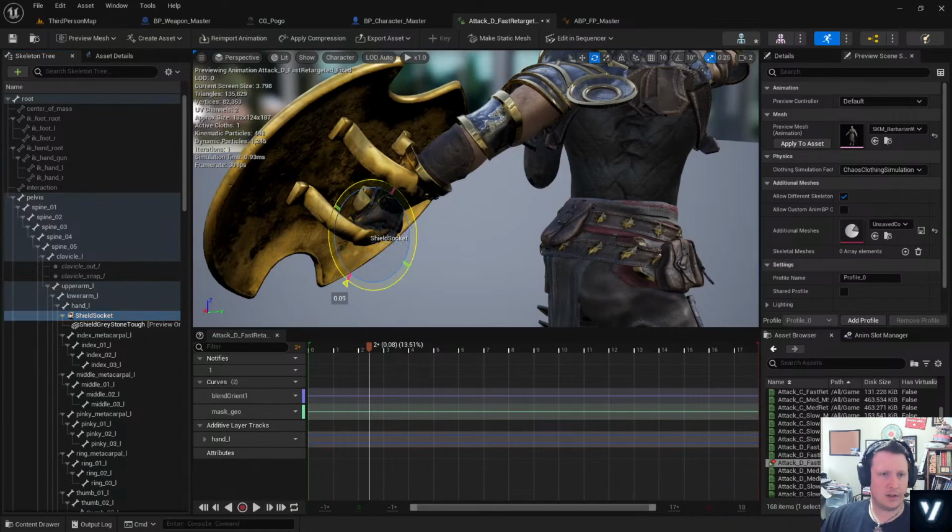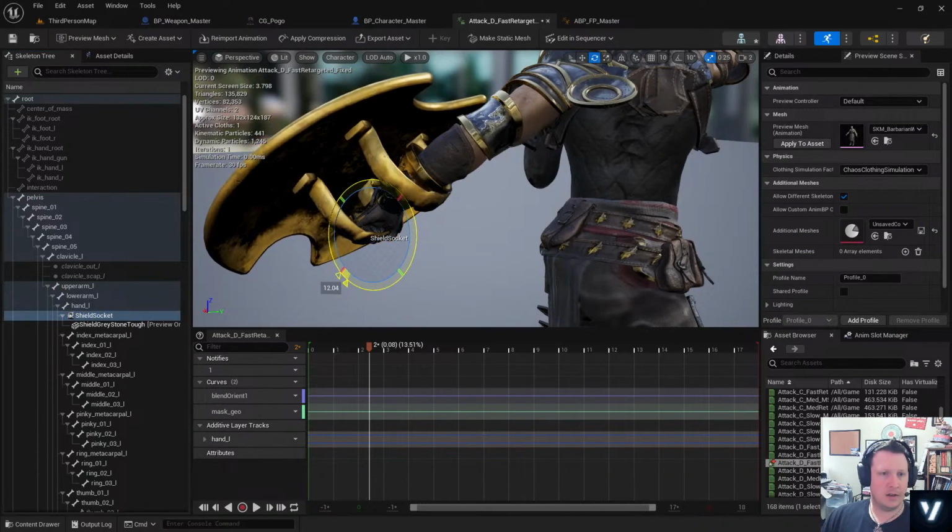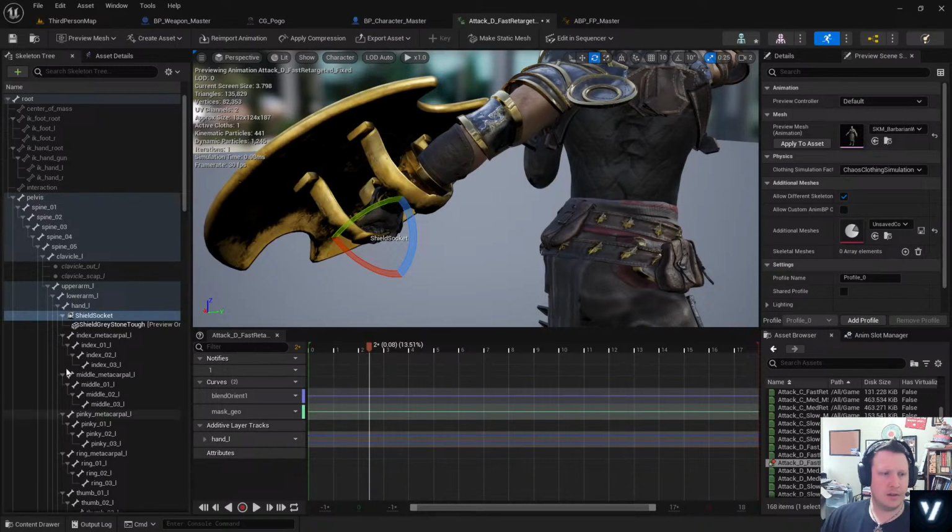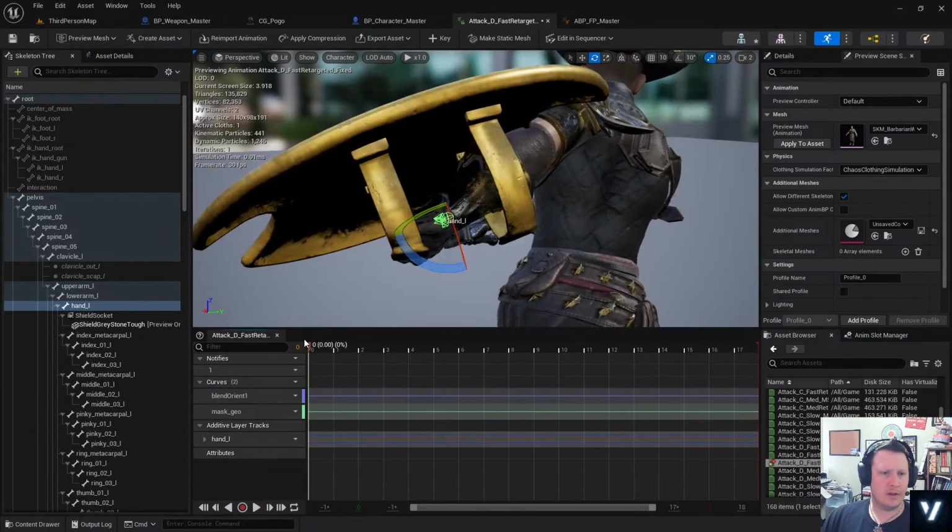I will change the shield socket back, and I will key off of this. So,